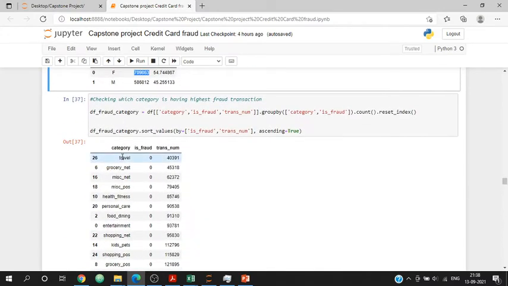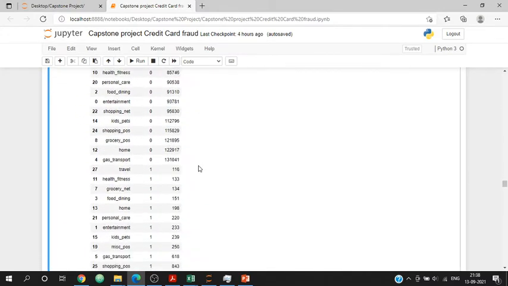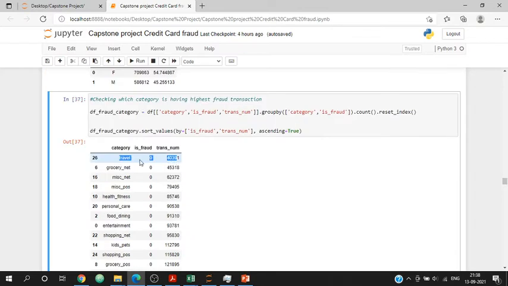So yeah, as you can see, the fraud transactions are much less. This is for a category and fraud. The number of transactions is higher in travel,